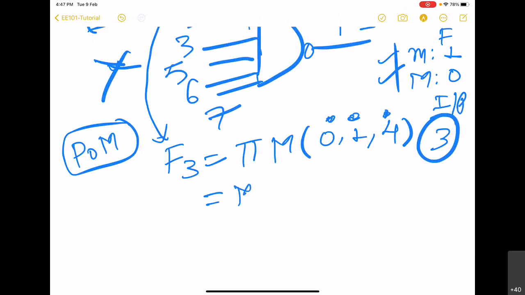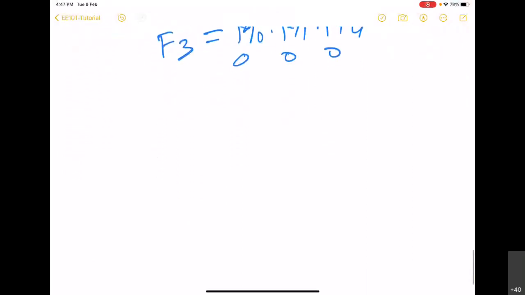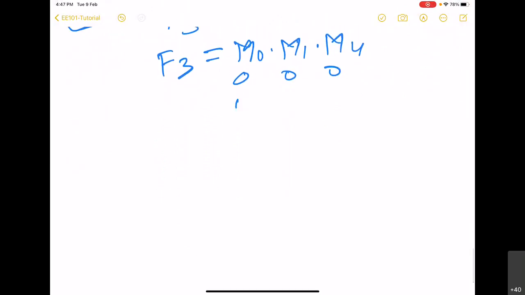So in this case, this is going to be M0 into M1 into M4. And what are these M values? These are the values such that there is an input for which the M value will be 0. For example, this M0 will be 0 when you have 0, 0, 0.